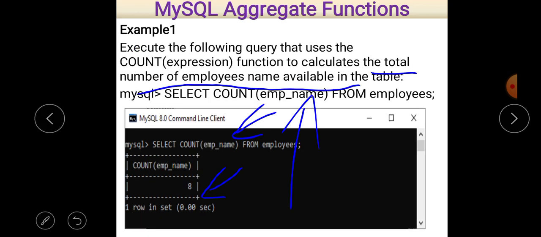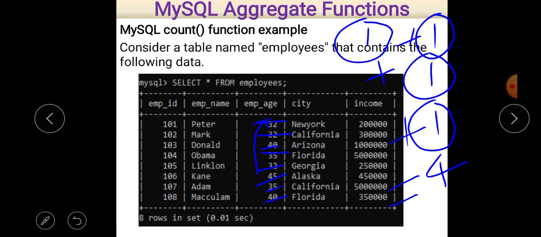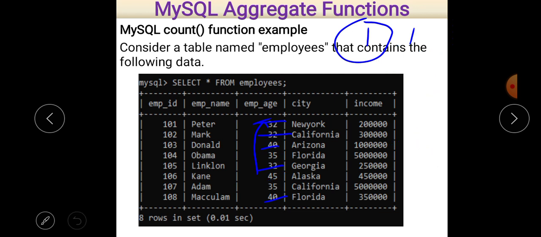First of all, let us check our original table. That is our original table. In this table, you can easily see the column named city. There are different numbers of cities, and duplicate values are there. So basically California repeats 2 times.